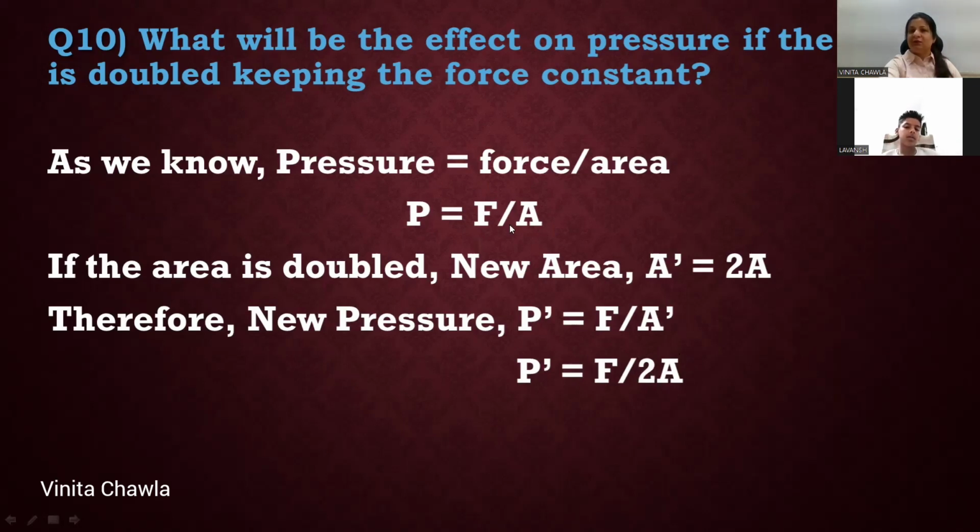This F upon A is P. And then we have this 2 left. So we can write P upon 2. P upon two. Here it's